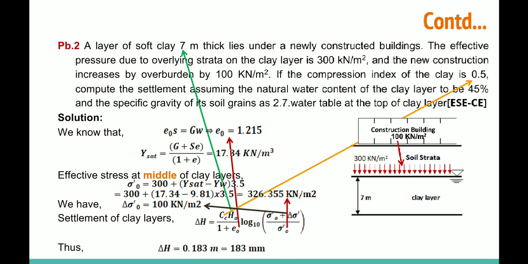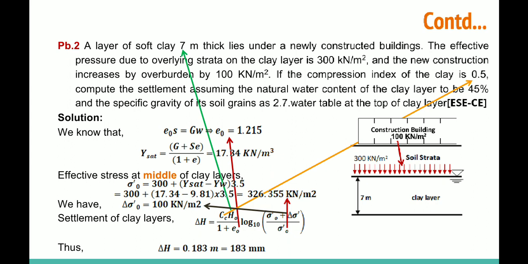See, in some previous questions, whatever soil we are using in the laboratory, there is a relation between the laboratory soil and the soil in the field. So we can apply the coefficient of consolidation in both sections, the laboratory and the field. In these questions, the overburden pressure is coming.